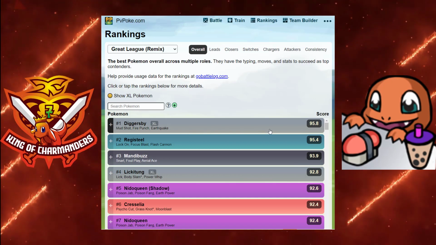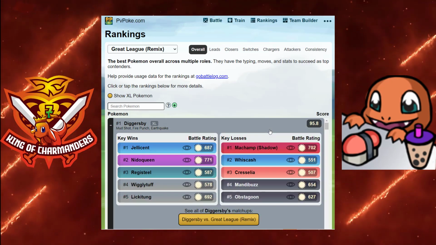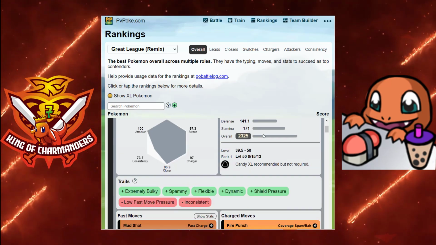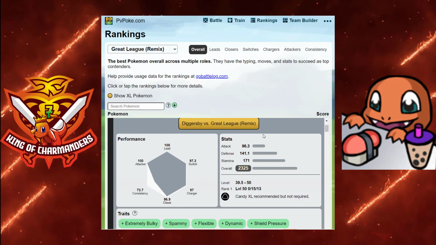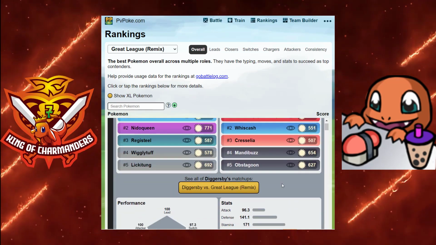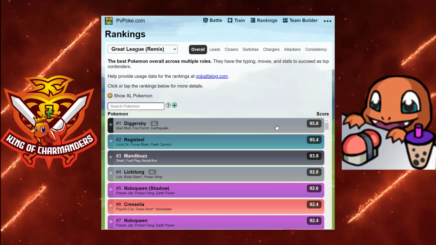But Diggersby XL is a beast. As you see here, it does very, very well against a lot of combinations. Scroll down below over here. It is actually the number 1 lead, and it's extremely powerful. So we'll see that shortly, but yeah, like XL, as much as I hate to say it,